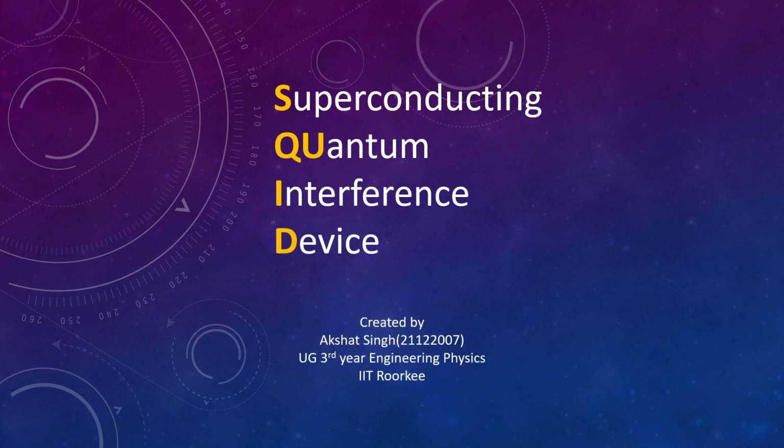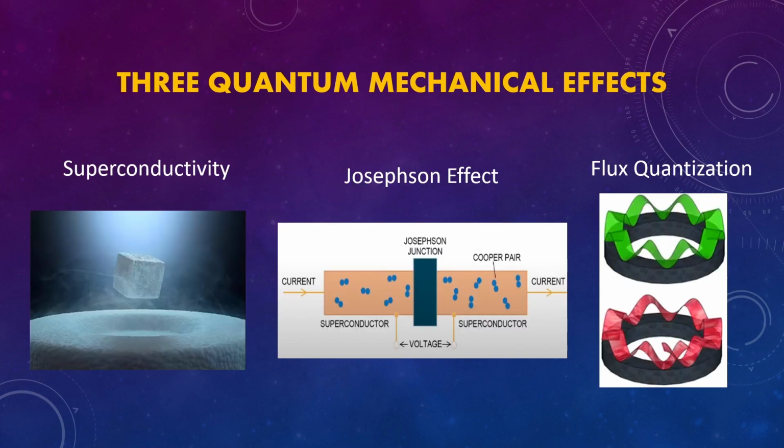Today I am going to talk about superconducting quantum interference device, that is SQUID. This is probably the most widely used quantum device in the world. There are three quantum mechanical effects crucial to understand the operational working of SQUID. Those are as follows: superconductivity, Josephson effect, and magnetic flux quantization, similar to the quantization of the angular momentum of